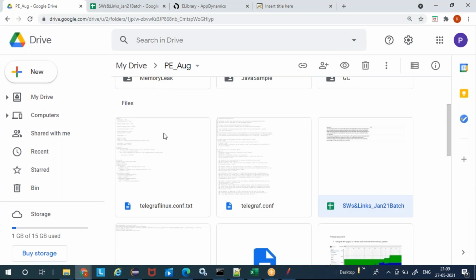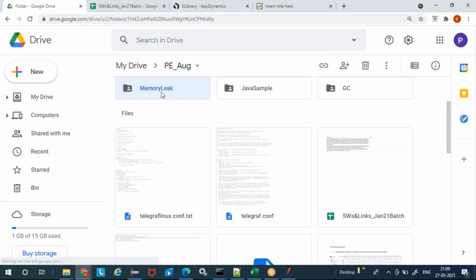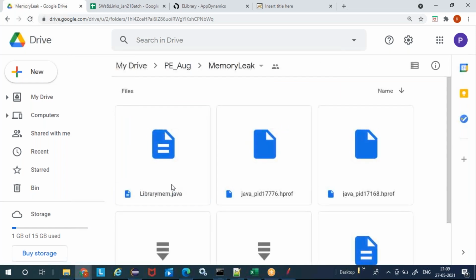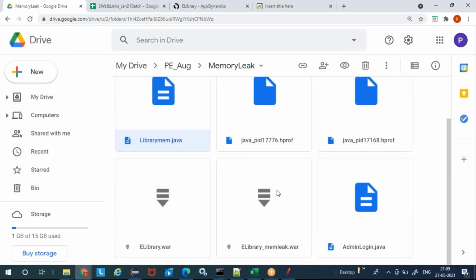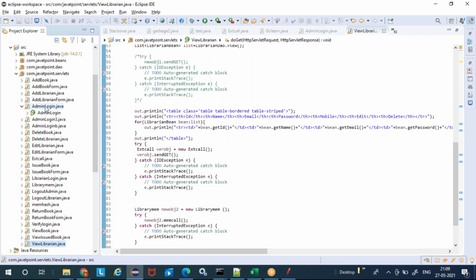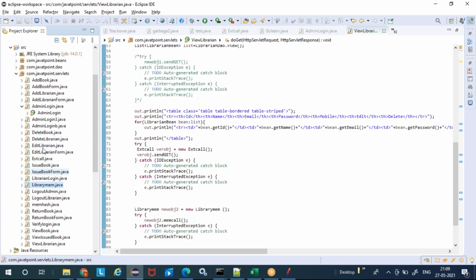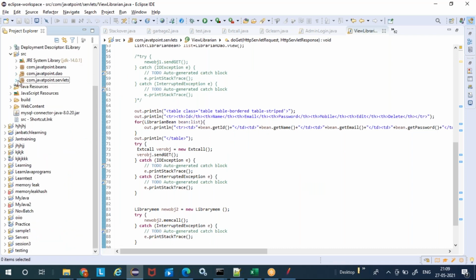Like I mentioned yesterday, if I want to create a memory leak issue, I will provide you a particular file, LibraryMem.java, and AdminLogin.java. Wherever I have created a memory issue in AdminLogin.java, I would have created a new file with the memory issue. Similarly LibraryMem.java. These will be given to you in the drive so that you can replace them in the original directory. So this contains the entire code base, which will be given to you.